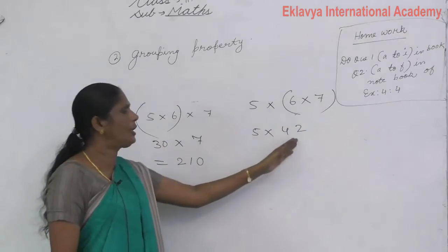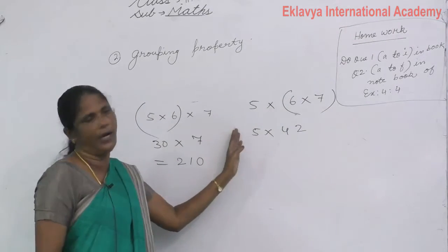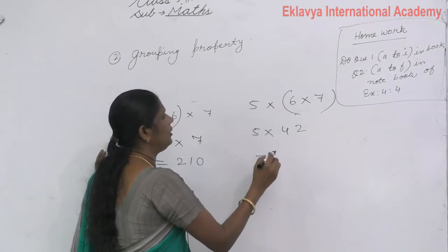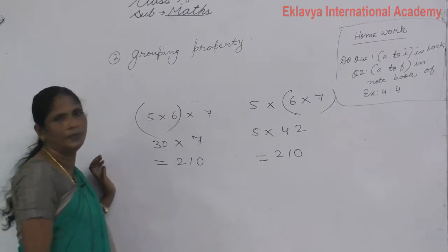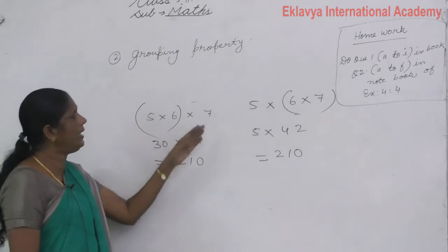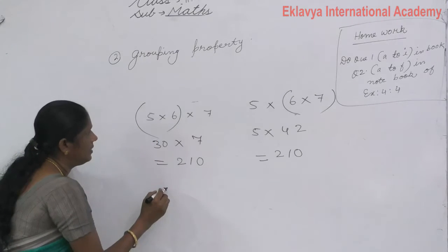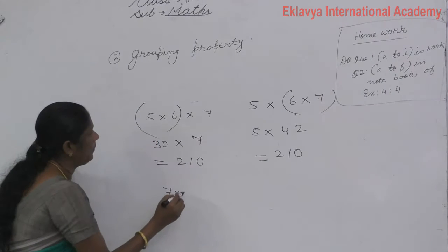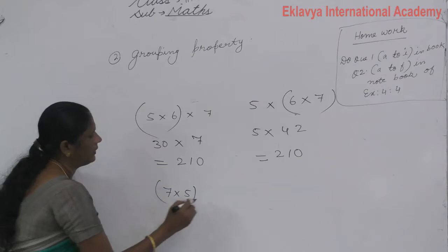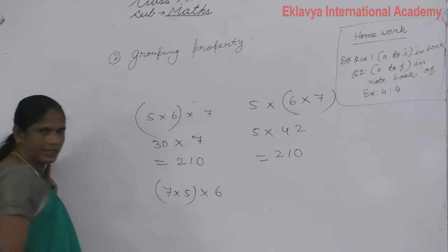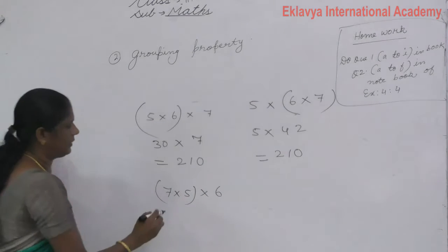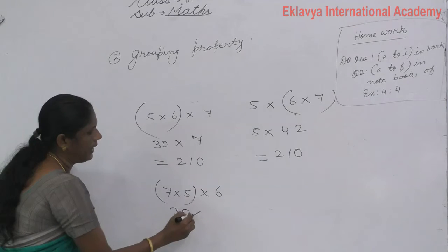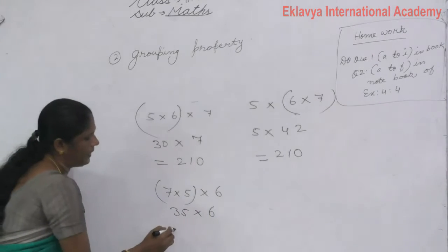Then 42 multiply 5 is equal to 210. Understand? Then again I change: 7 multiply 5, then multiply by 6. 7 times 5 is 35, then multiply 6 is equal to